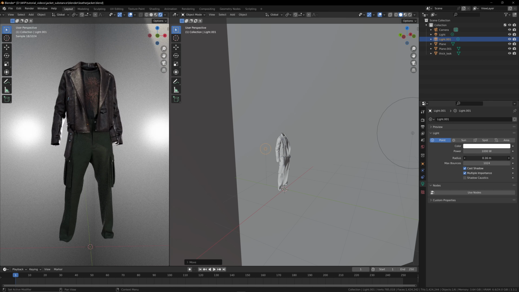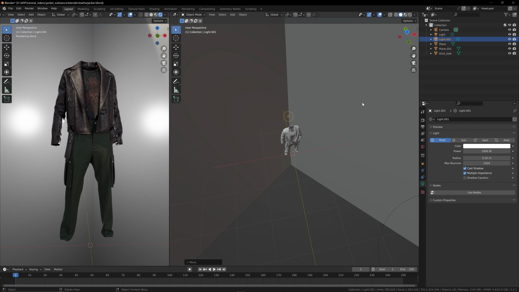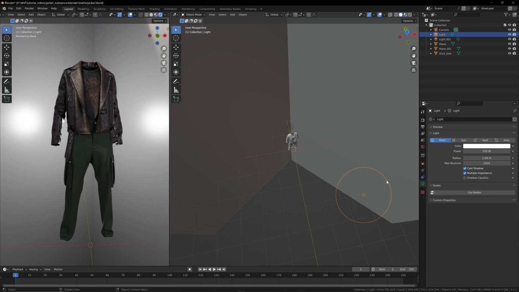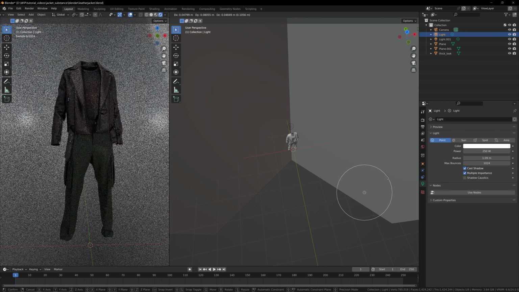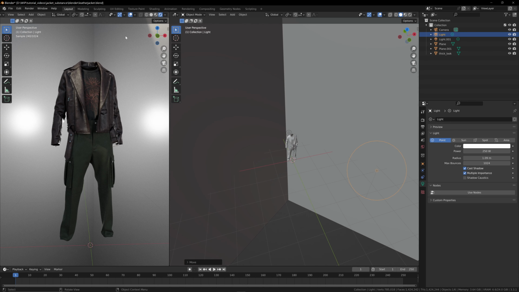And now we have a rim light behind the garment, lighting it from behind. I might move it up a little bit actually, G, Z to move up. And we see now a light from behind and a light in the front. So this is a 2-point lighting setup to just add in a bit of shadows and some contrast around the garment. So experiment with how you position these,